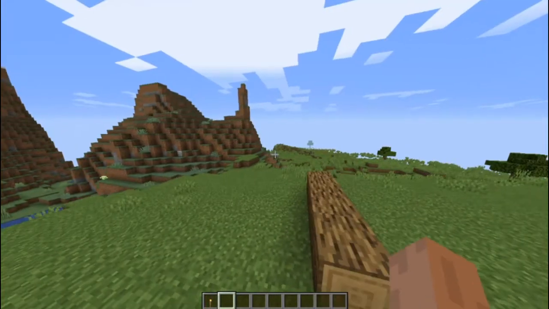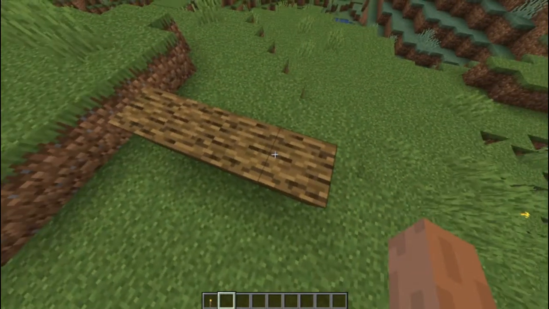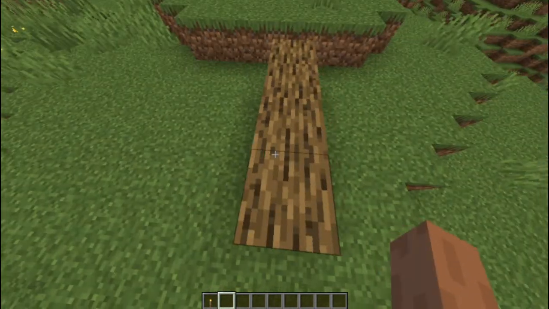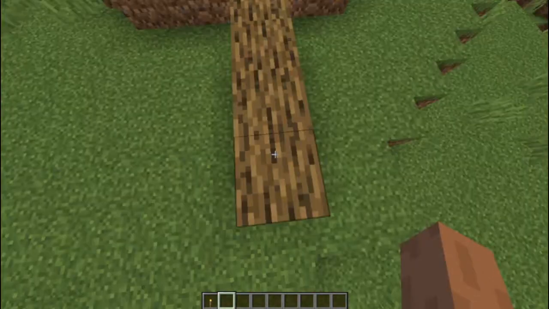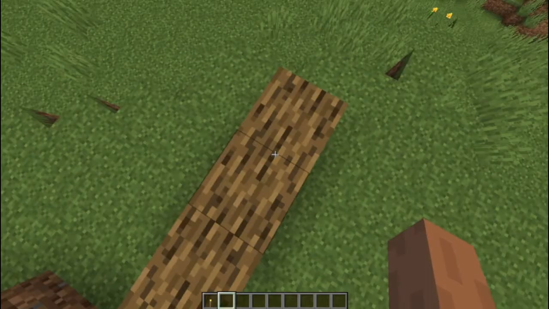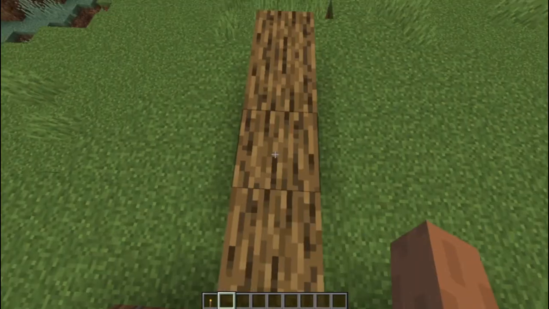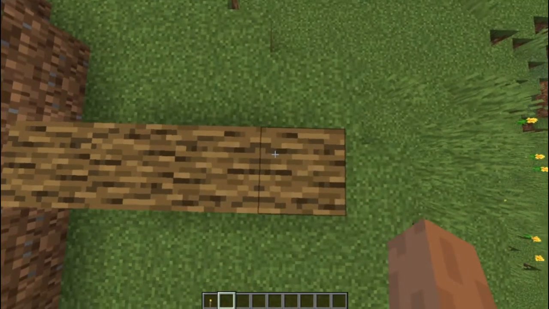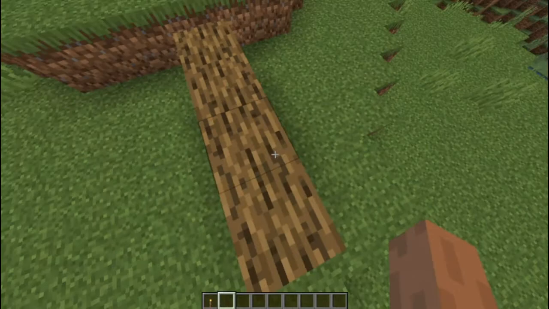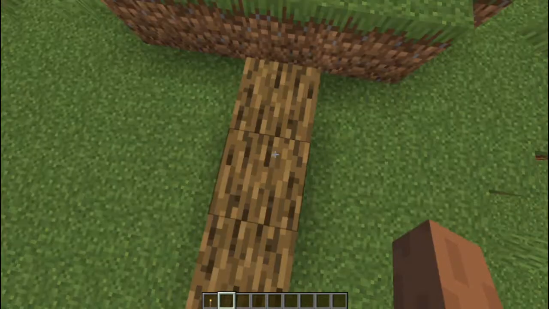So right here we have this oak wood. Normally in Minecraft, with the oak wood, you see these patterns, right? Normally in Minecraft the patterns are the same, but do you guys see a difference? Right here you see this, like this and like that, but in here there's nothing like that.